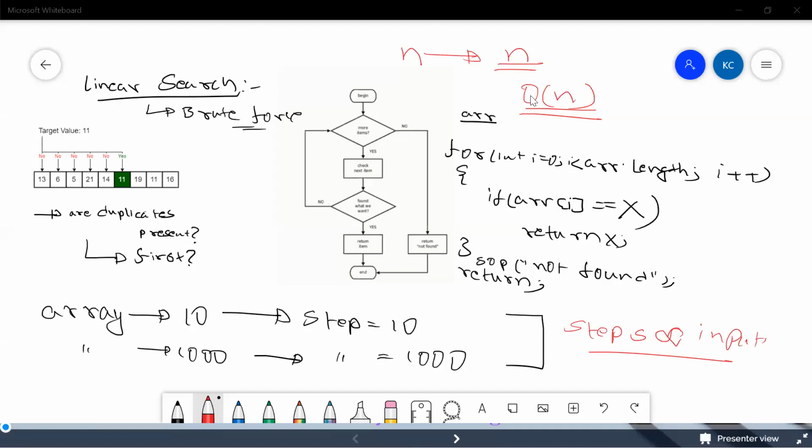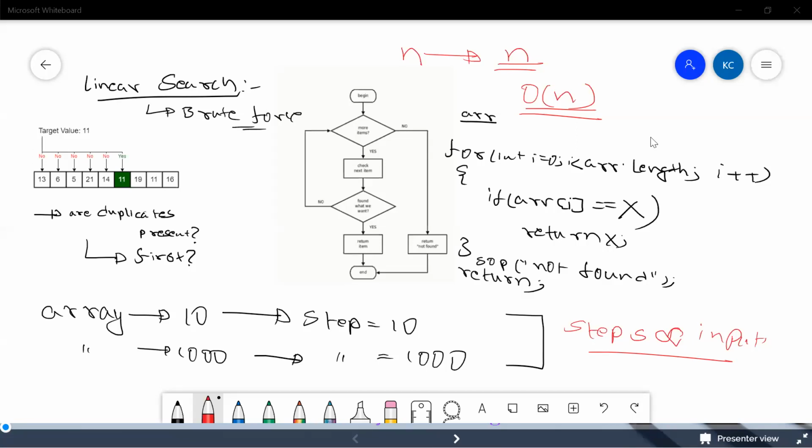This order is nothing but big O. Big O directly has a relation to what happens in the worst case. People also talk about average cases, and average cases are also considered, but generally whenever we write bigger systems, we tend to calculate the worst case scenarios.